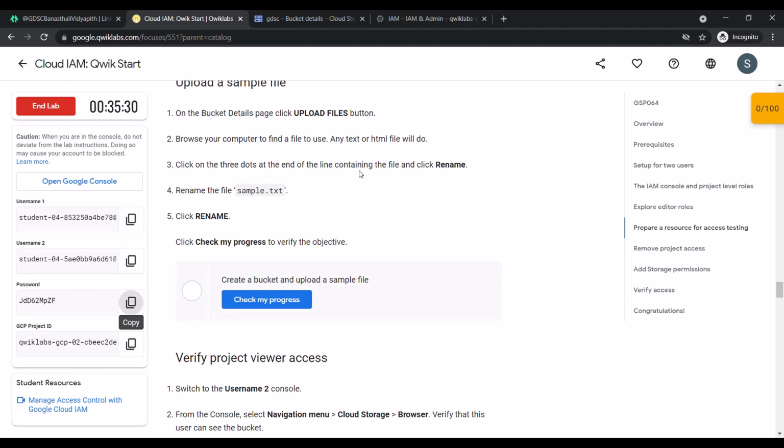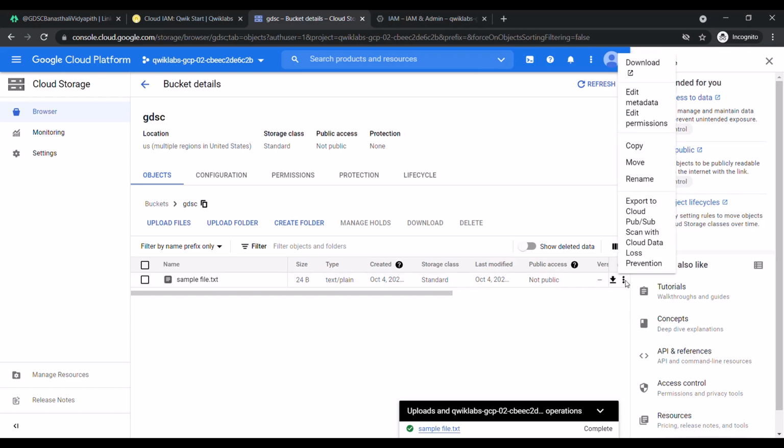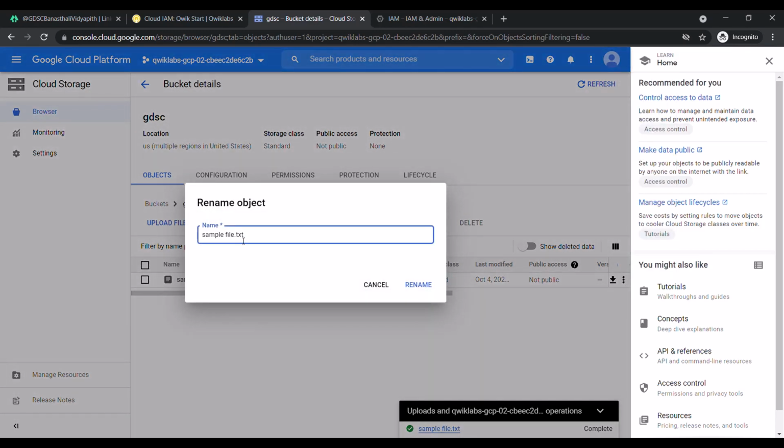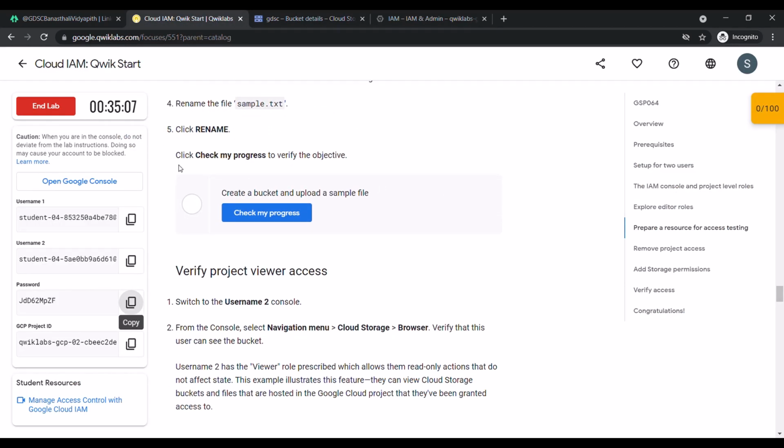Click on the three dots at the end of the line containing the file and click on rename. Click on these three dots at the end, and we have to name it sample.txt. So we'll edit here, make it sample.txt and rename it. Now let's see if the rename has been done and we have created a bucket and uploaded a file. Check your progress here. There's a green tick, which means we have successfully created a bucket and uploaded a sample